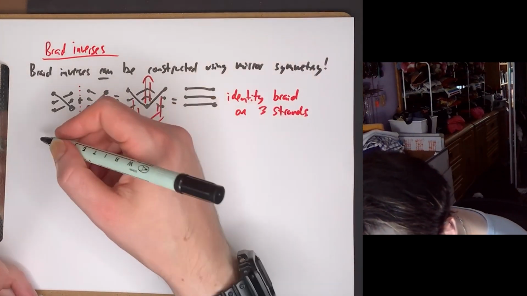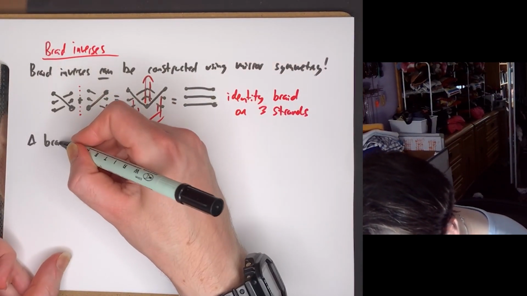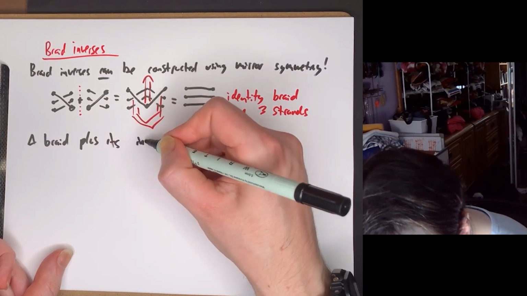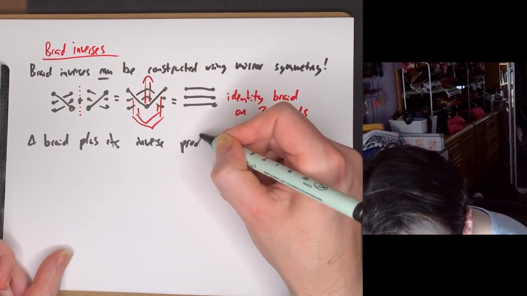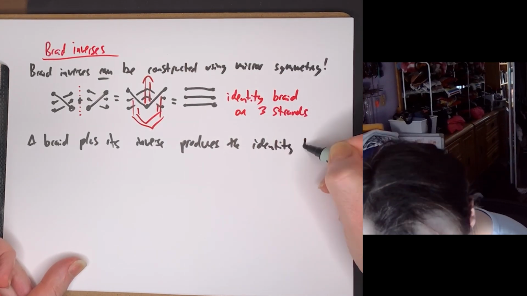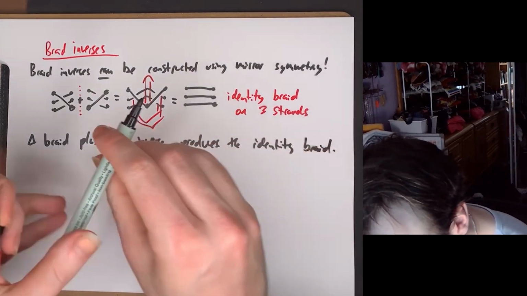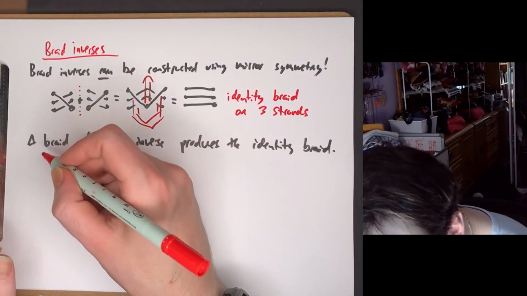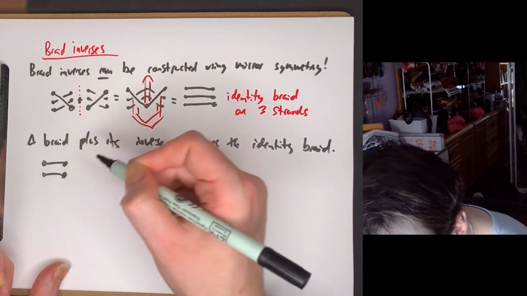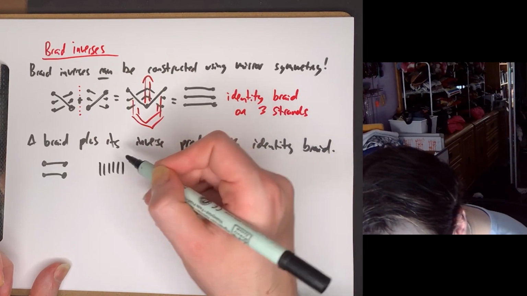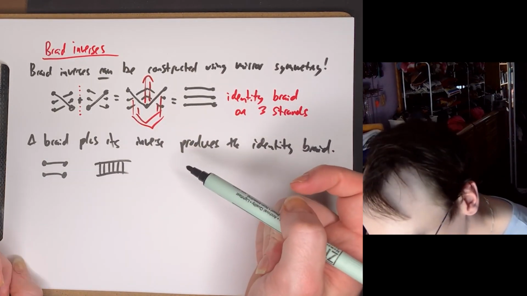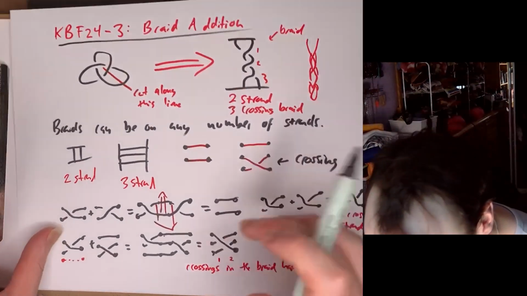So a braid plus its inverse produces the identity braid. So 1, 2. That's an identity braid. We used sort of sections of the identity braid earlier when we were doing our addition